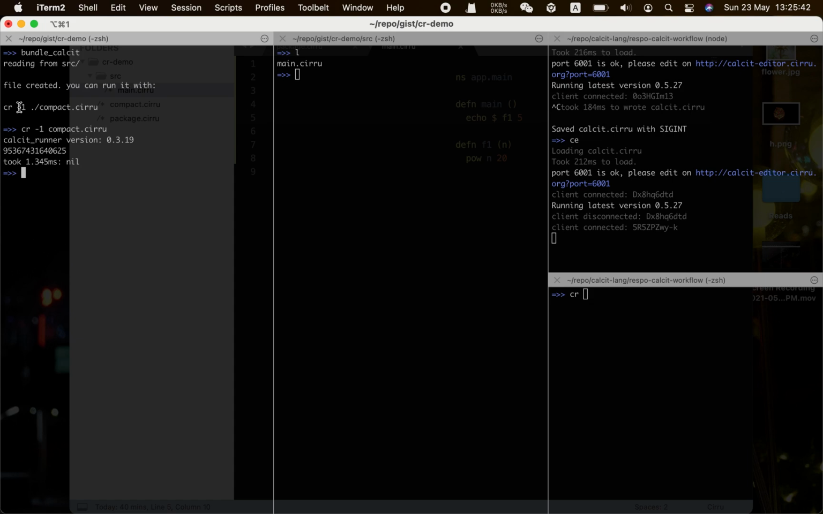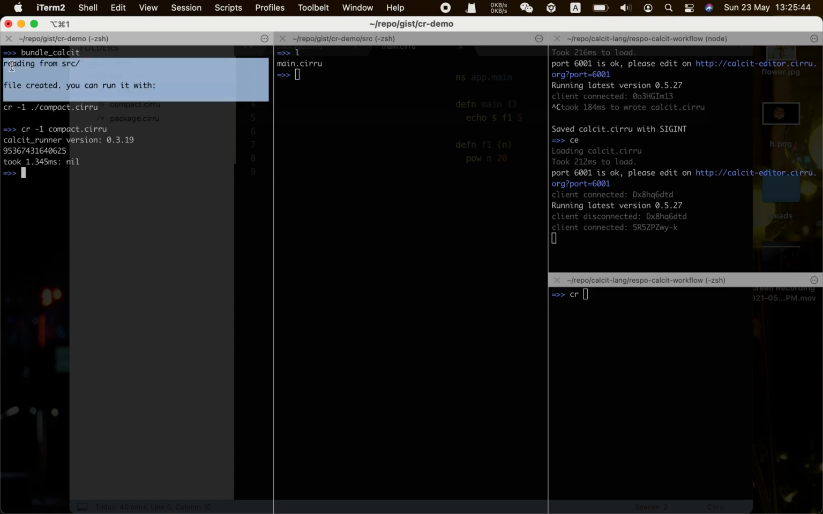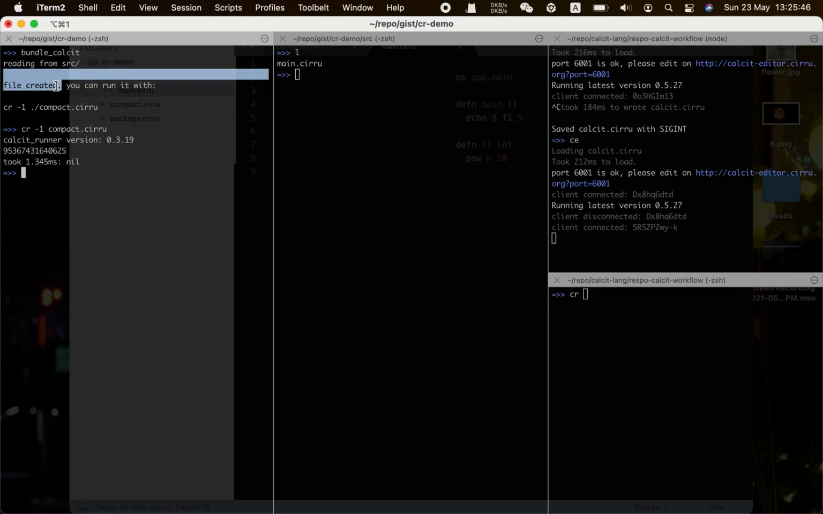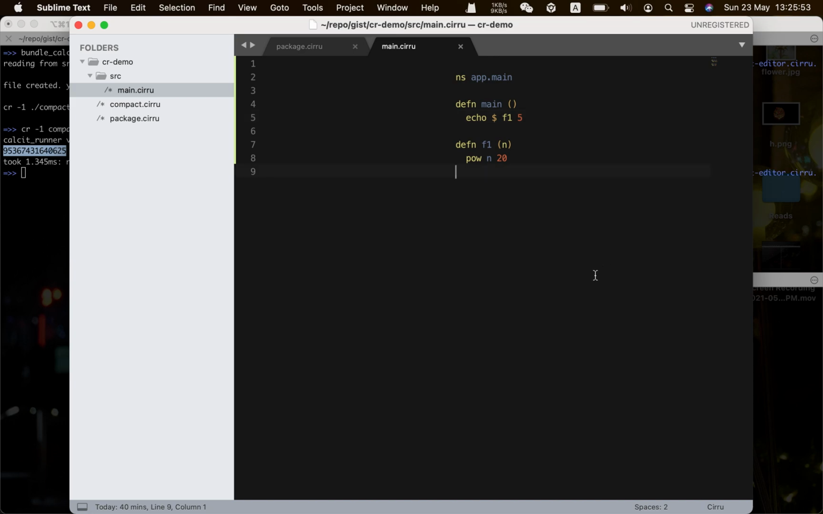Or maybe I can remove the logs in the future. It was used for debugging. I can remove it in the future. So this is the result. And also you can try